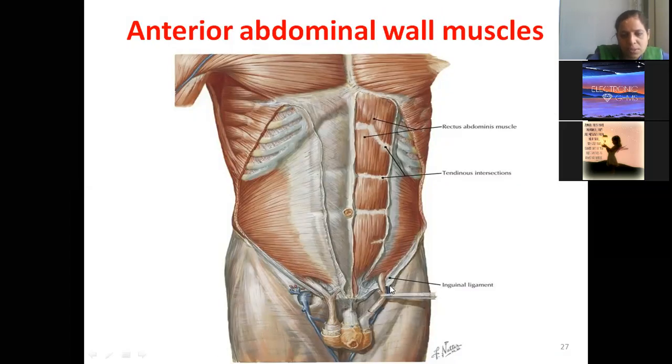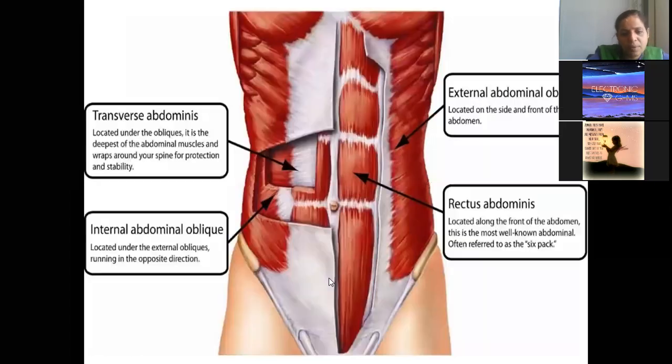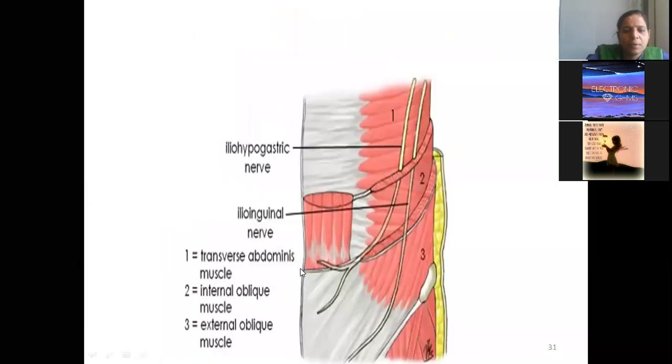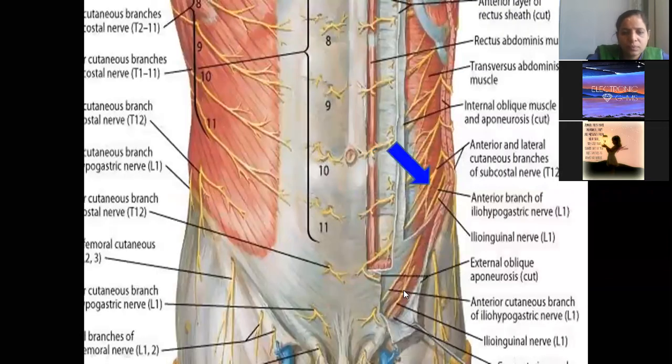What is this structure you are finding here? Spermatic cord. Very good. Actually, ilioinguinal nerve comes here and gets distributed, whereas iliohypogastric supplies the anterior abdominal wall. We know all this. We have done very well. So now you can see iliohypogastric, then ilioinguinal. As I said, these are all nerves supplying the anterior abdominal wall muscles. T12, L1, L2, L3, L4, L5.